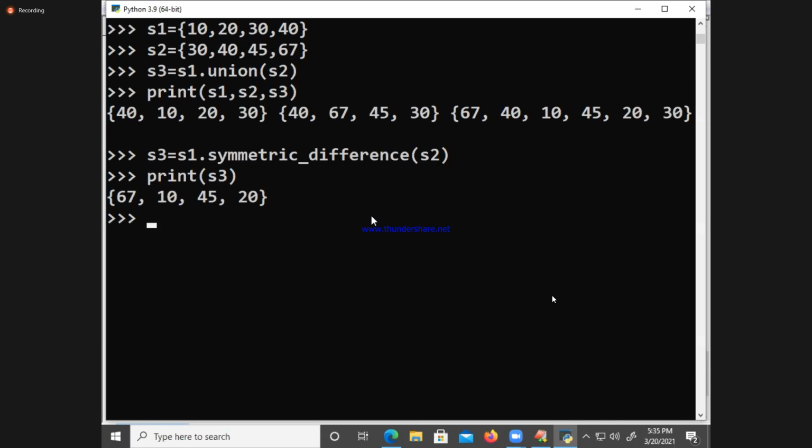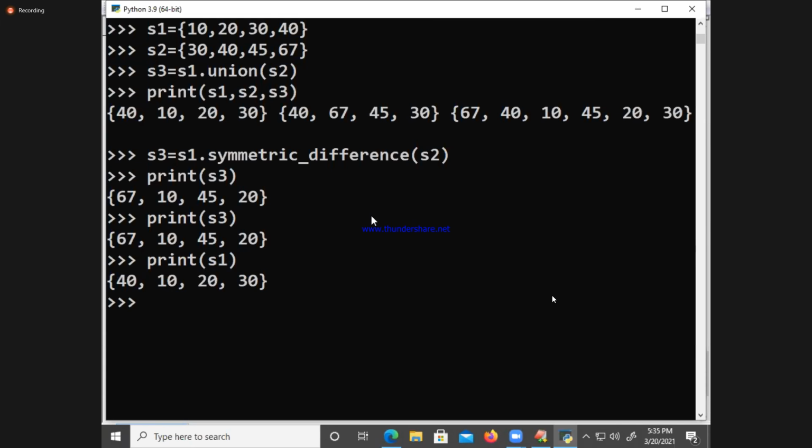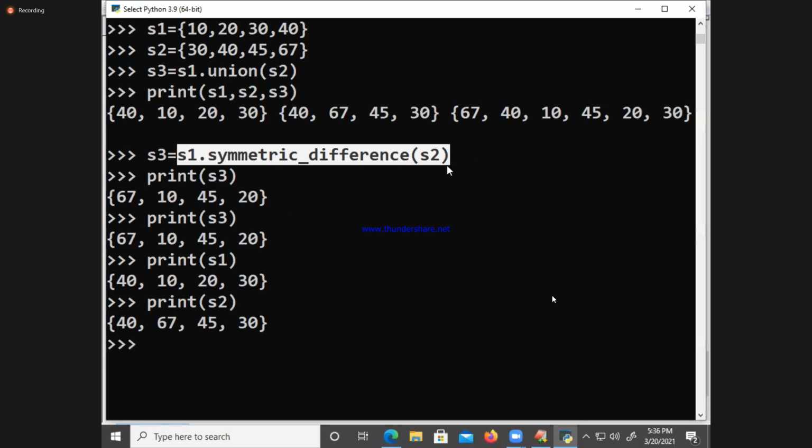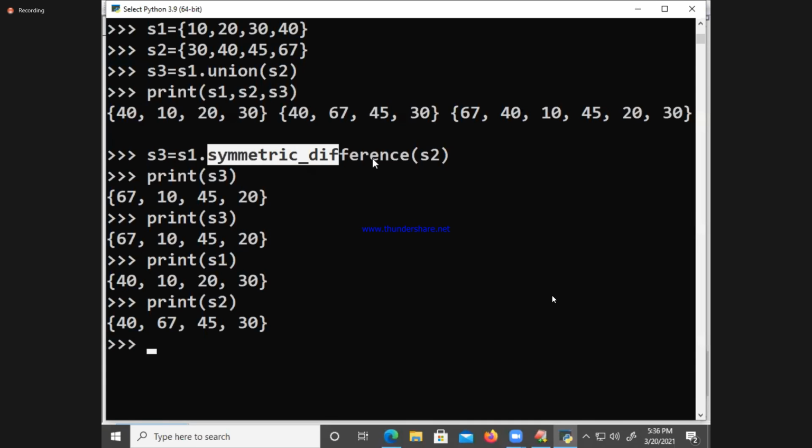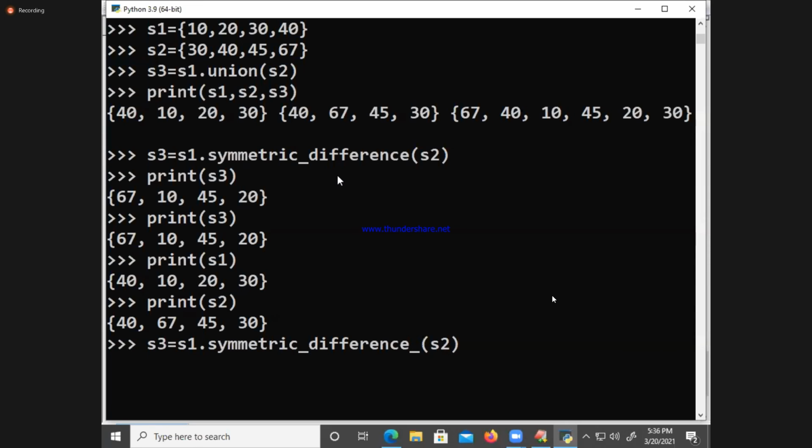S3, S1, S2. Fine. Symmetric difference, one minute.